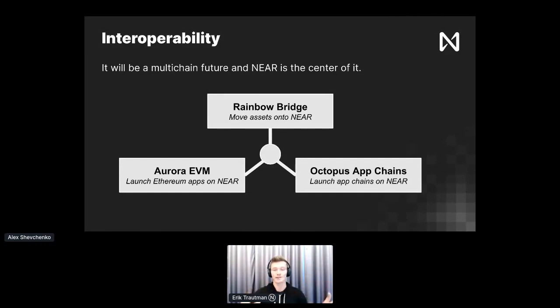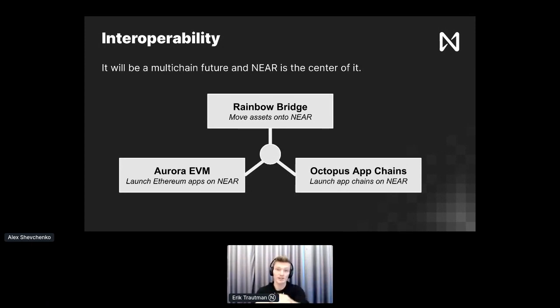If you have components sitting on top of the infrastructure, interoperability is really important because these ecosystems don't exist in isolation. And in the next couple of years, I think you're going to see a multi-chain world where every chain needs to be connected with the others, and Near is no different. So we have a series of things being built in the ecosystem that help that interconnection. I'm sure there are lots of them out there that I don't know about, but basically there are